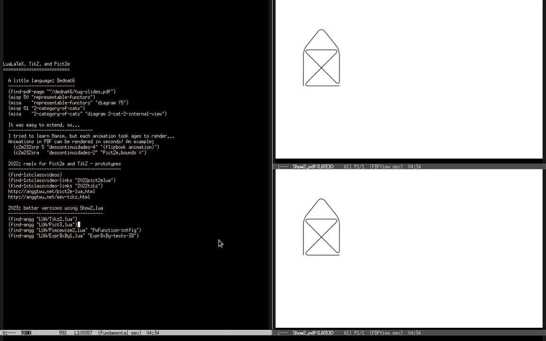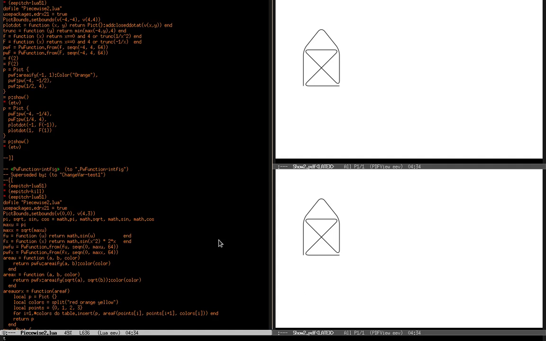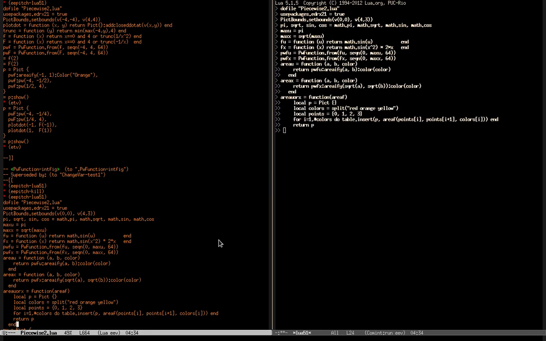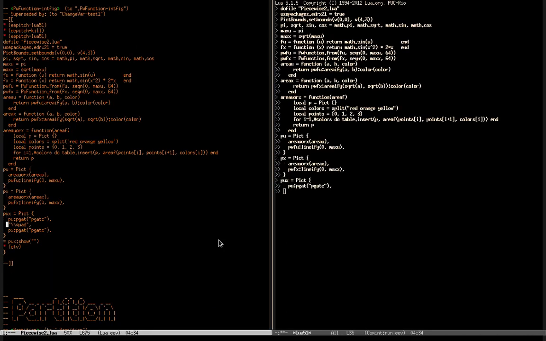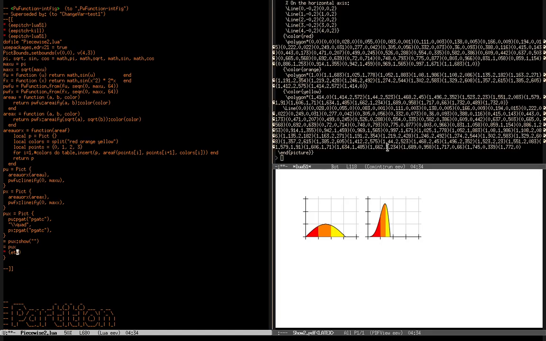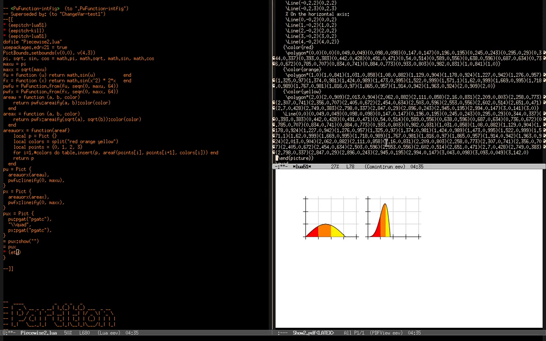Its demos are not very interesting, so let me show some demos of extensions that do interesting things. So this is a diagram that I created by editing it in a REPL. I create several picked objects here, and if I execute this, it compiles the object, generates a PDF. And if I tap this, here is the PDF. And if I just ask Lua to display what is books here, it shows the source code